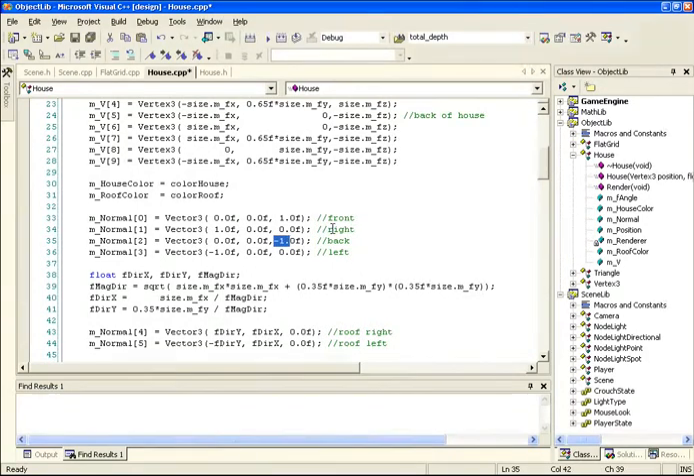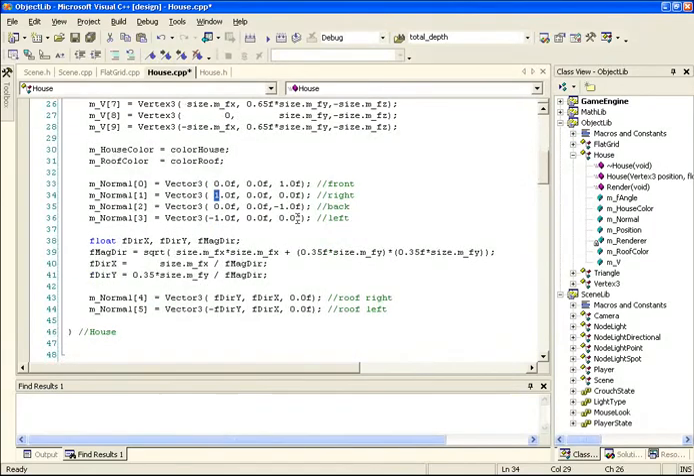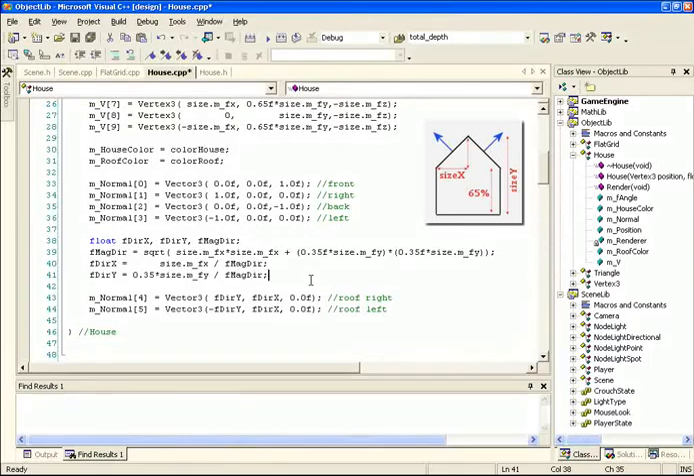The right and left are coming straight into the x-axis, so 1 for the x-axis and then -1 for the other side of the house. The two normals for the roof, we need to go and calculate the normal value. What I've done here is used a two-dimensional perpendicular to calculate the normal for the roof. If you want more details on how to calculate a two-dimensional perpendicular, I recommend you take a look at the